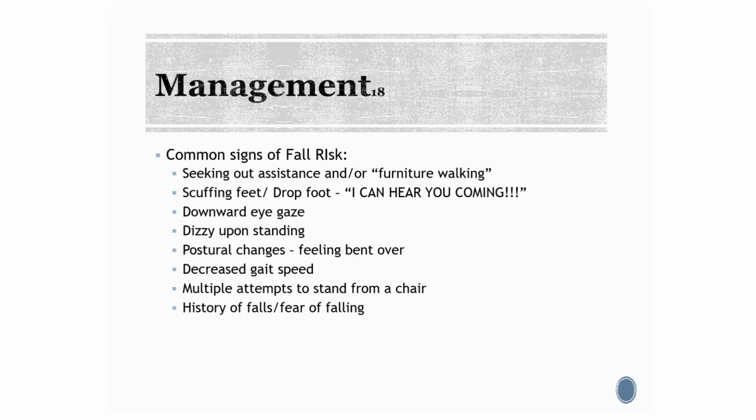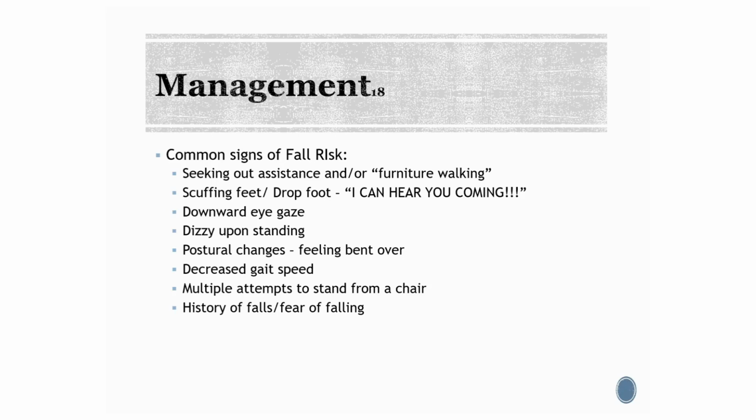So here's just a list of some of the things we go over. So I mentioned the furniture walking. So if you're finding when you're going throughout your house and you're kind of touching things, that tells you that you're using different resources to keep yourself balanced and you're creating new strategies because your typical strategies that your nervous system would use aren't necessarily available to you at the moment. We talked about the scuffing of the feet or the feet feeling like they're slapping as you're walking. That can be one as well, because then you're more likely to trip. If you find yourself looking down while you're walking more than you used to, that can indicate also that there's